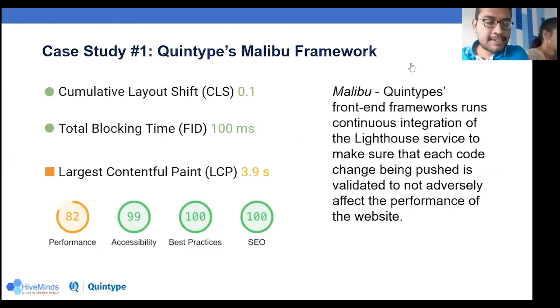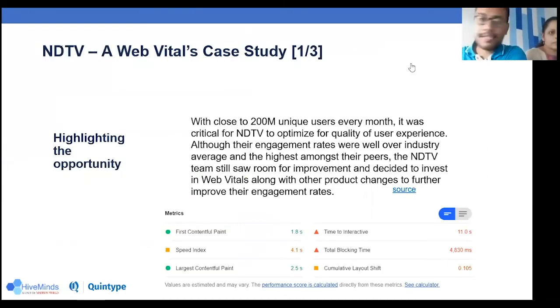In the next case study, we'll see on similar lines. So this is for NDTV, right? When Google started its optimization with Core Web Vitals. NDTV had close to 200 million unique users every month, and it was critical for them to optimize for quality of user experience. Although the engagement rates were well over industry average and highest among their peers, their team still saw room for improvement and decided to invest in the Web Vitals along with other product changes